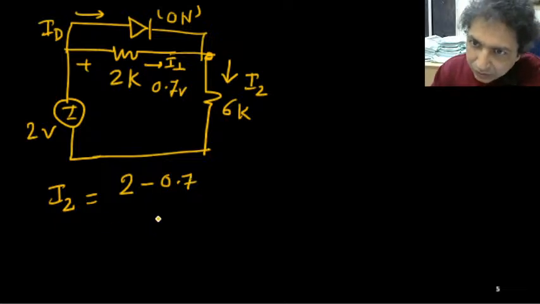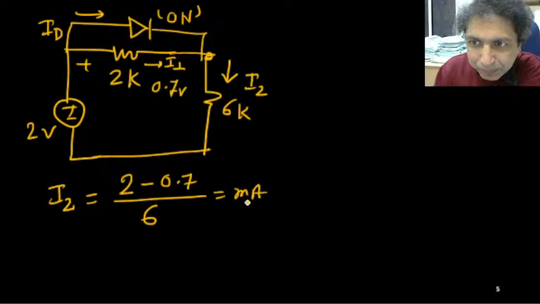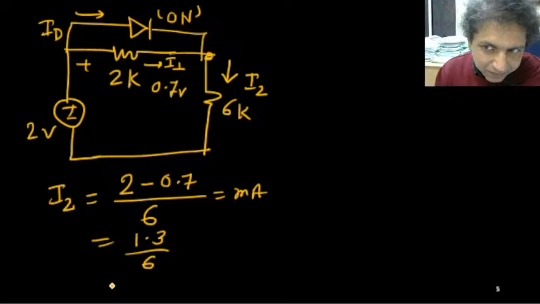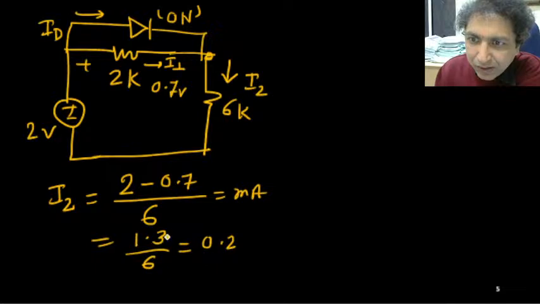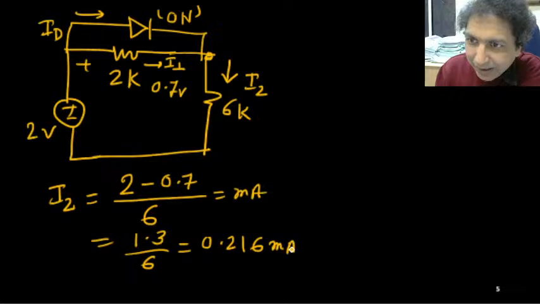So yes, this is 2 minus 0.7 upon 6 kilo ohm, that is in milliampere. So it is 1.3 upon 6, which comes to about 0.216 here. So you have found that 0.216 milliampere is the current if the diode is on,